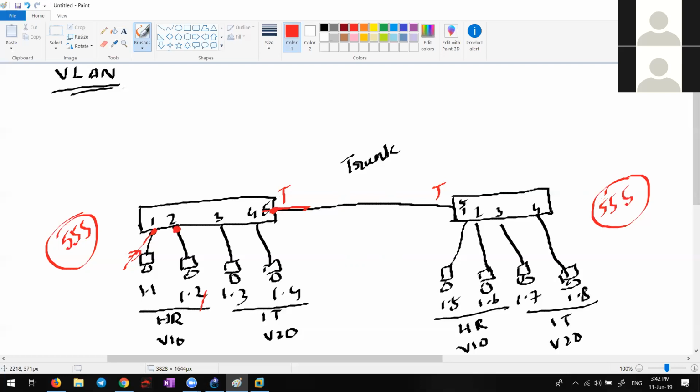There is another method, I don't know whether you guys know. The native VLAN can also be tagged. It's normally untagged, but there is a command where we can make the native VLAN also tagged, so that in your network there is no data which goes without tagging. Clear? Any doubts? Write down if you want all these things. Make a note of it.